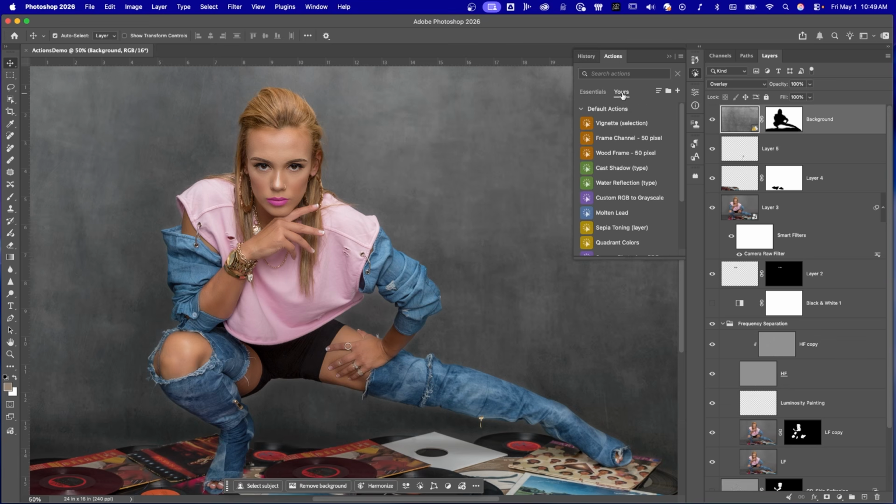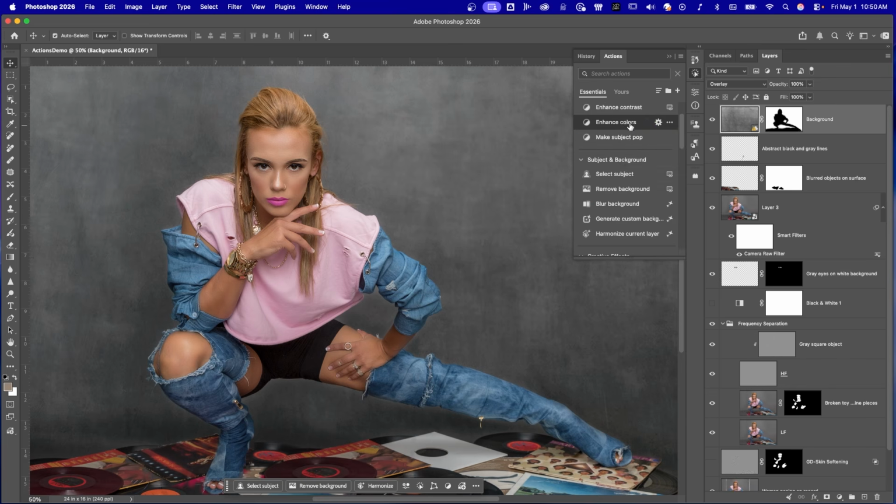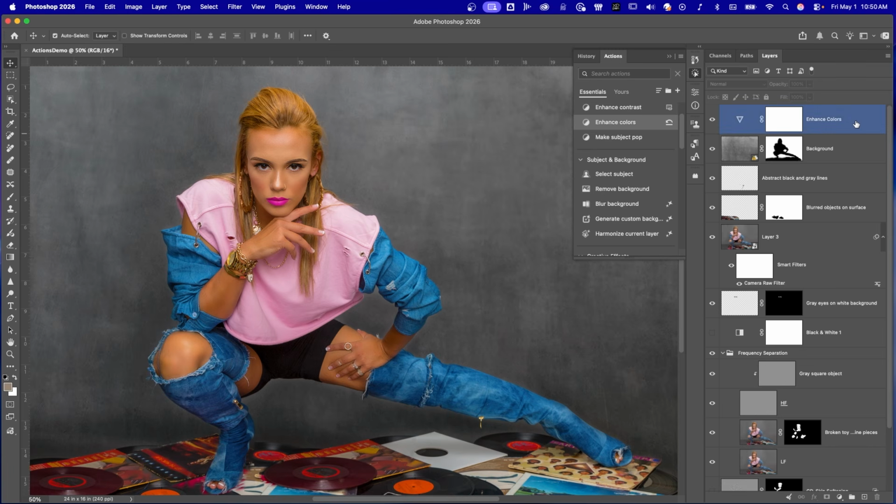These are some common tasks that you might use to speed up your workflow. And you have the default actions that were here before, as well as maybe some custom actions of your own. But just to show you, I'm going to click on Enhance Colors, and all of these are non-destructive. When you click on it, you have a layer. Here in the Layers panel, you can use your opacity, and in this case, I'm dropping that a little bit,